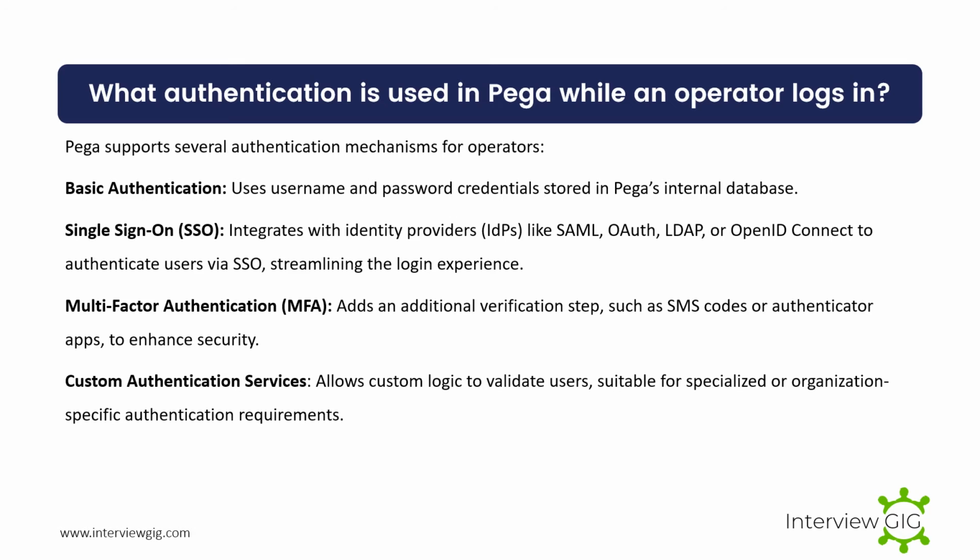What authentication is used in Pega while an operator logs in? Pega supports several authentication mechanisms for operators. Basic authentication uses username and password credentials stored in Pega's internal database. Single sign-on (SSO) integrates with identity providers, IDPs, like SAML, OAuth, LDAP, or OpenID Connect to authenticate users via SSO,